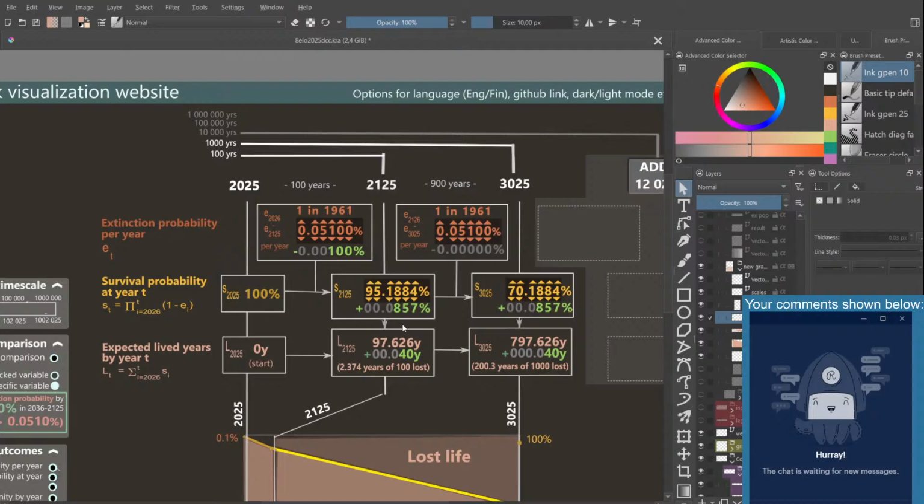So it would make it so that there's a 50-50 chance on survival altogether. And